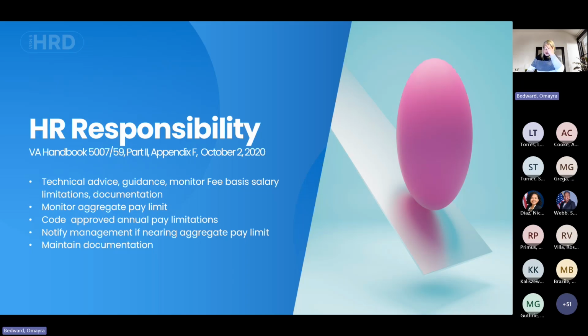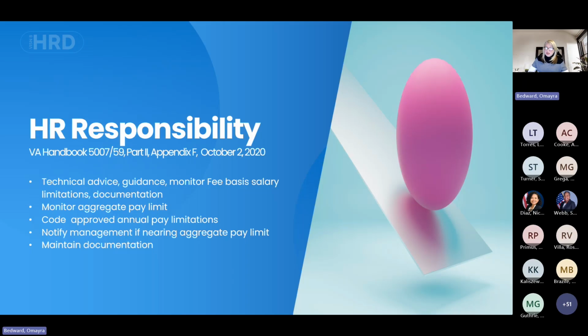So human resources officials or designee will monitor fee basis salary limitations, provide technical advice, guidance, and assistance to officials regarding salary limitations, and will maintain necessary records and documentation regarding fee payments.